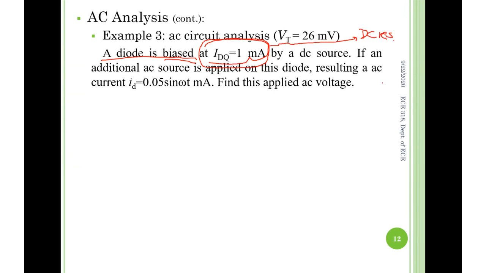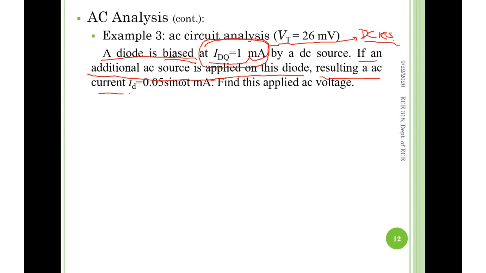The DC result, a bias DC source, we don't need to worry about. And then for such a diode, if there is an additional AC source, meaning the DC result you already have and you don't need to worry about anymore. The additional AC source is going to introduce additional AC analysis, right? Inside of this AC analysis,